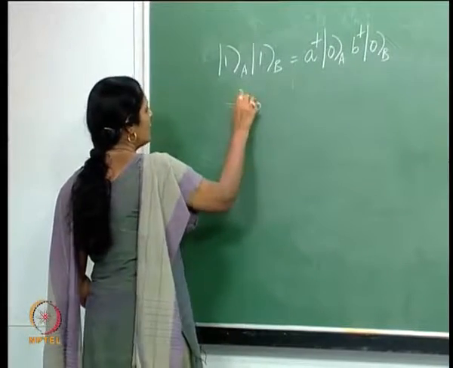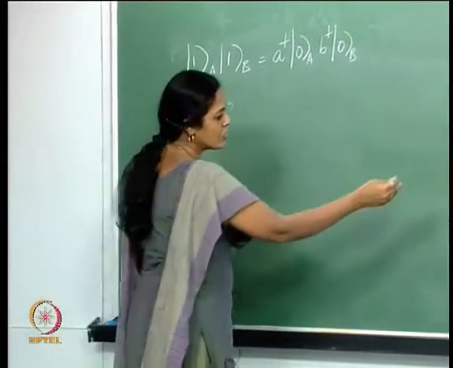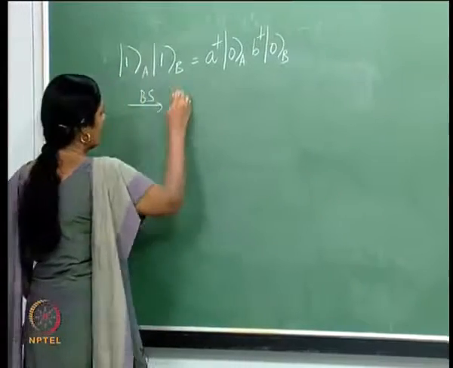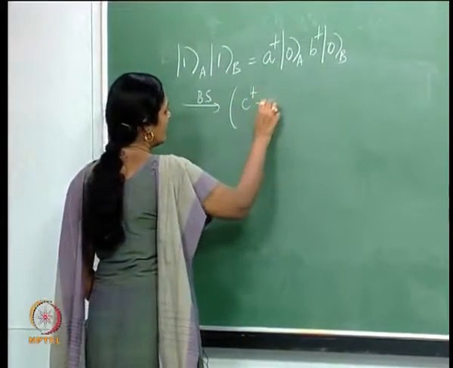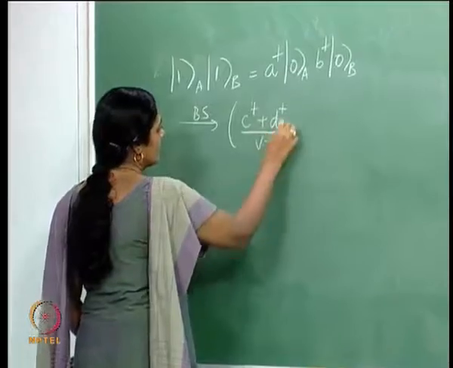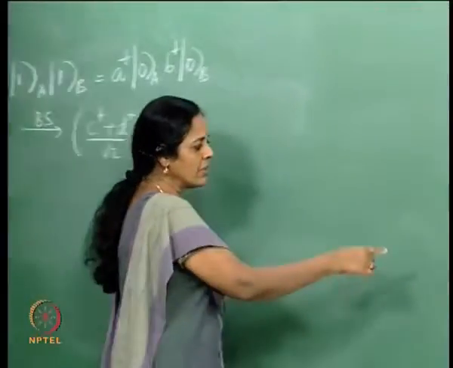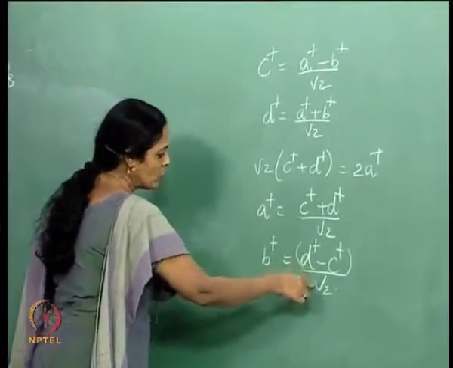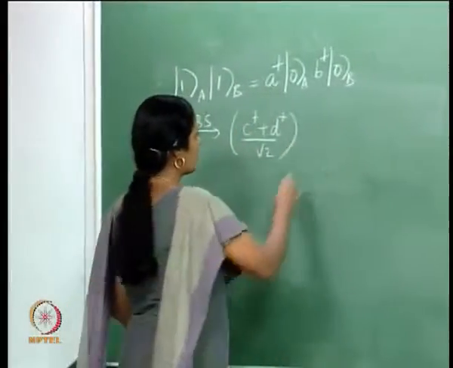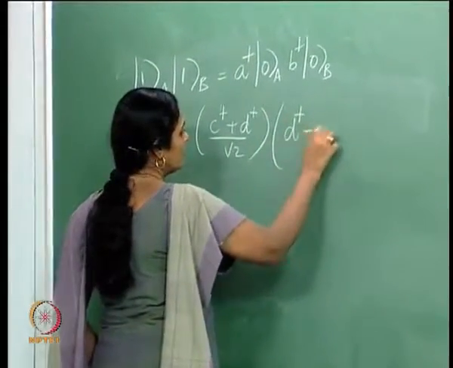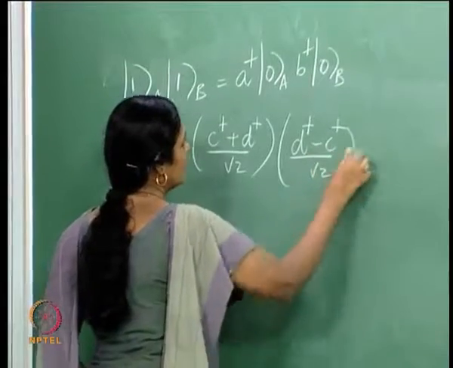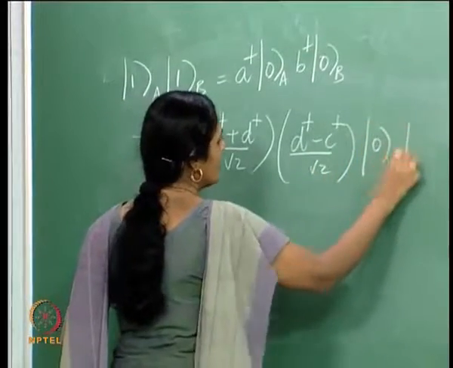So, after passing through the beam splitter, I substitute for A dagger and B dagger in terms of C dagger and D dagger. So, A dagger is simply C dagger plus D dagger by root 2, and B dagger is D dagger minus C dagger by root 2, and this acts on 0C, 0D,